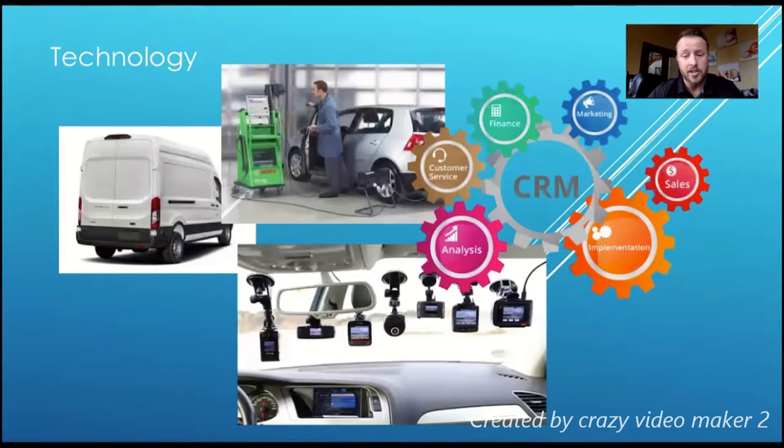Then we looked at the technology, and after speaking to our subject matter experts, we found out we need several things. We need a van, we need a machine, we need cameras, because according to the state of Utah, we need a camera on the vehicle and a camera on the technician in order to provide the service. And then we have to wrap everything into our CRM that's going to help us with customer service, setting up appointments, marketing, and sales. And so as you can see, we went through this process trying to identify what we need. And at first, if we were to borrow the concierge service approach, meaning we can do some of the legwork right now as we are